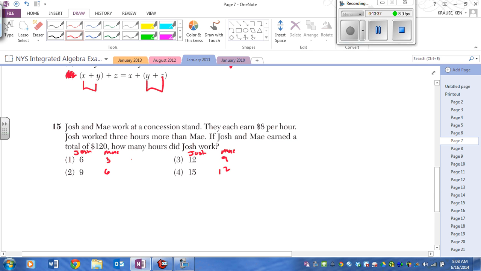So this is a total of 9 hours, a total of 15 hours, a total of 21 hours, and a total of 27 hours. We're earning $8 an hour, so we just have to figure out which of these, when multiplied by 8, gives 120. If I take 15 hours and multiply by 8, you will find 120. I just checked it by calculating, to make sure. So that's one way to do it. The other way to do it is to say, okay,